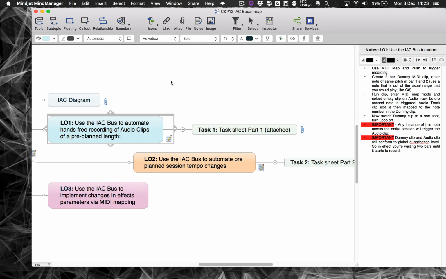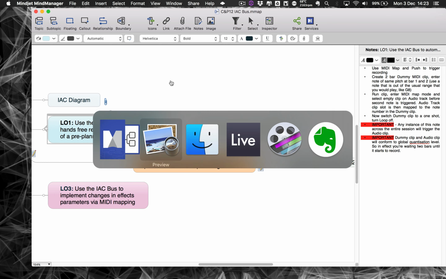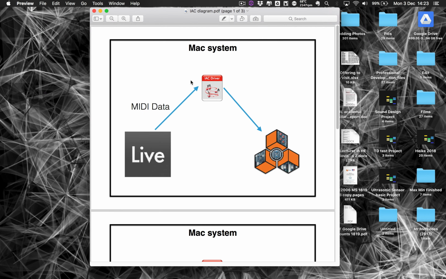So the IAC bus stands for Inter-Application Control Bus, and it allows you to send MIDI data between applications. But we're going to use it in a slightly different way. We'll just look at this diagram here. So that square box there is the entire Mac system, and you can use the IAC bus to send data between applications, say for example from Live to Reason, or